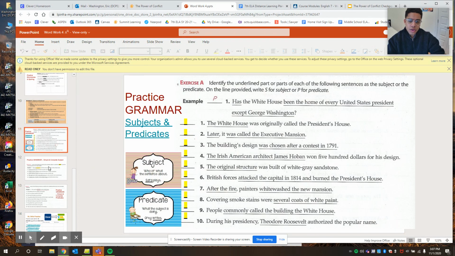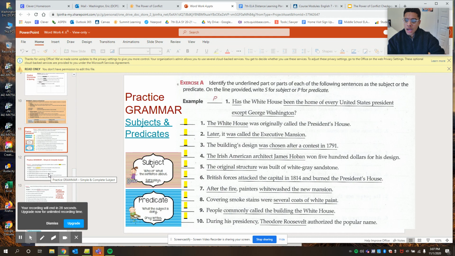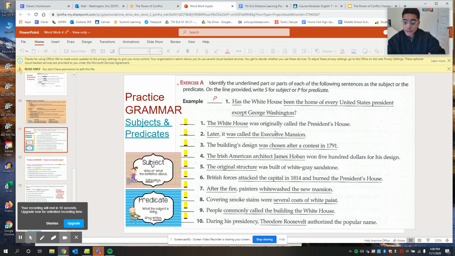So here you'll identify the predicate, I believe, and you'll identify. So it says here, identify the underlined parts of each of the following sentences as the subject or the predicate. Okay, so what is this? Is this the subject or the predicate? That looks like the subject, right? That's what the sentence is about. So you'd write the White House, okay? Okay, and then you'll keep going and